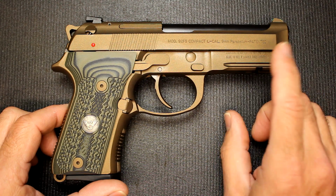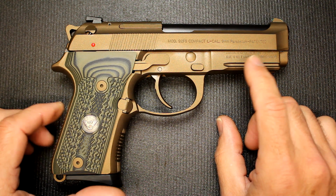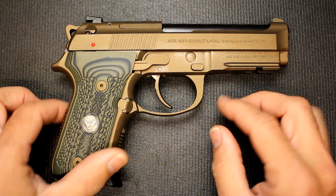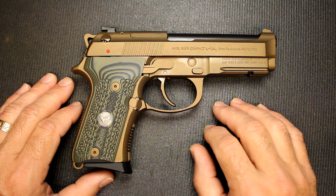Beretta is the oldest gun manufacturer in the world, dating back to the 1500s. Now the magazine, well, okay, to run the... So the Wilson Beretta carry